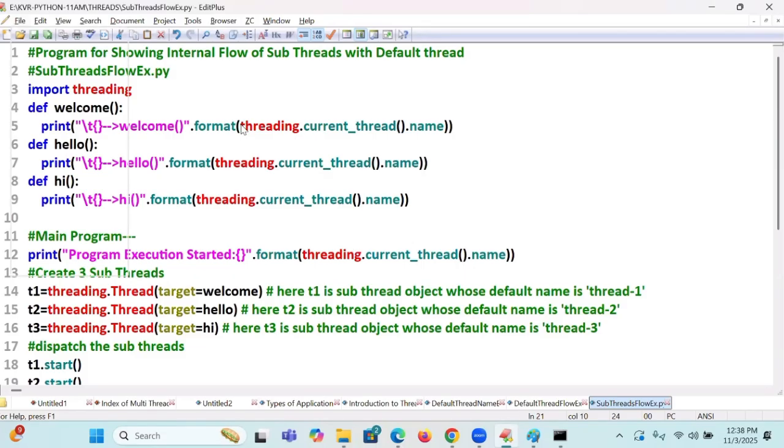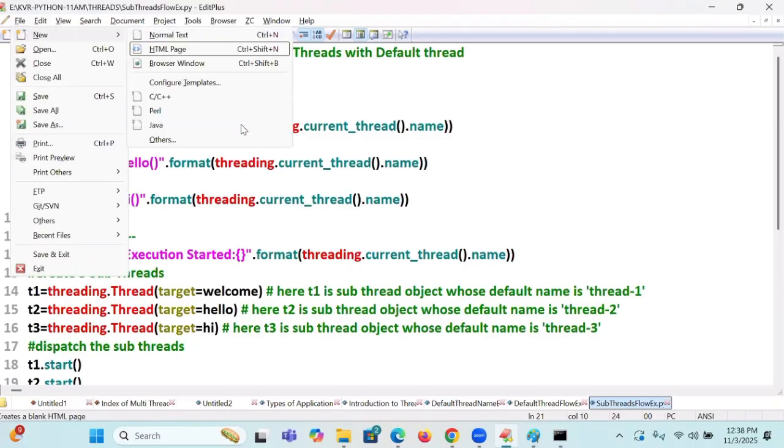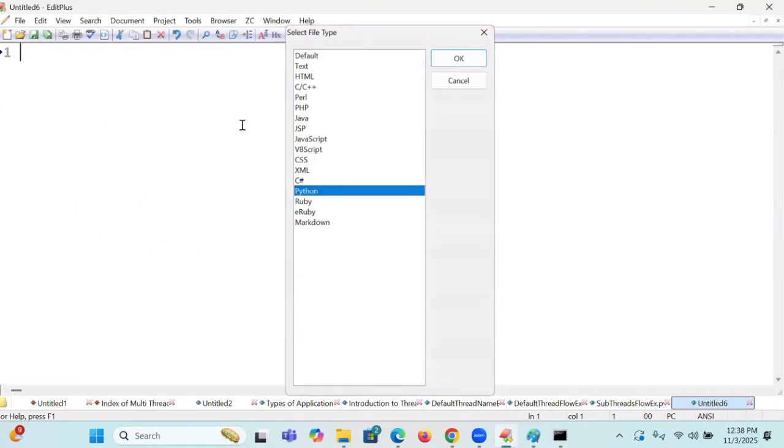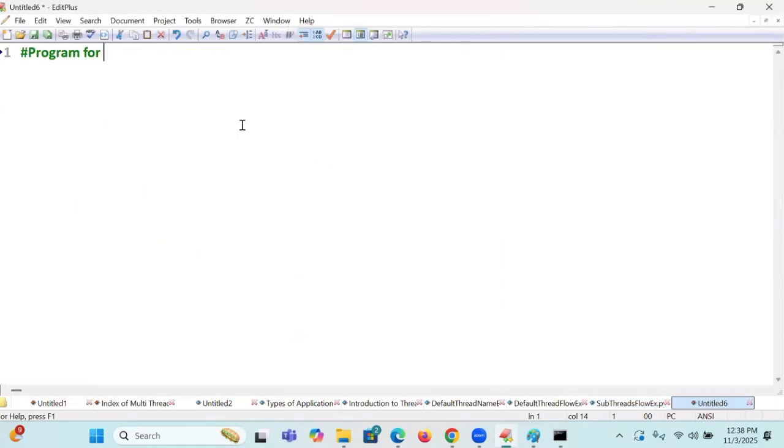I am saying here Python, where I'm going to write a program for showing the internal flow of the default thread with the time.